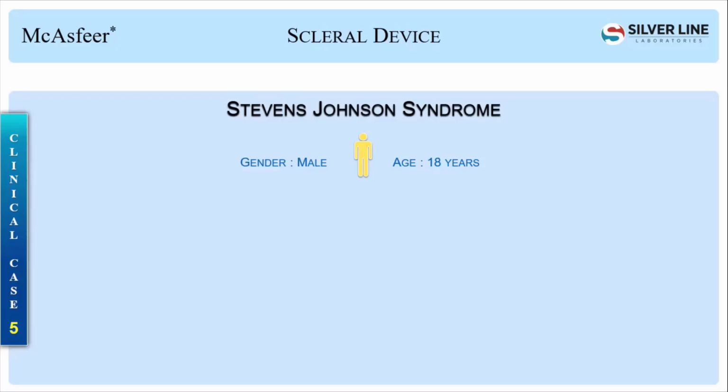Another patient we saw here at Aravind Hospital has Stevens-Johnson syndrome. He is an 18-year-old male. When he came inside, he was with a parent and wearing cooling glasses because he was not able to bear the sunlight. He can't walk alone because he doesn't want to open his eyes. There won't be any tear exchange in the eye, so I started closing in on the Stevens-Johnson.